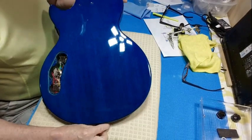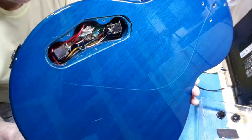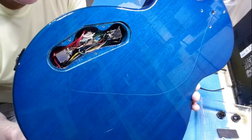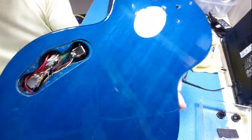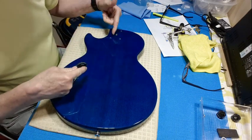As promised, I'm done with the wiring installation. Got my 2 push-pulls in there. I kept the switch and the interconnect wiring, which is all shielded, and so it's good to go. So we're going to be moving to the next bench. Put the neck back on